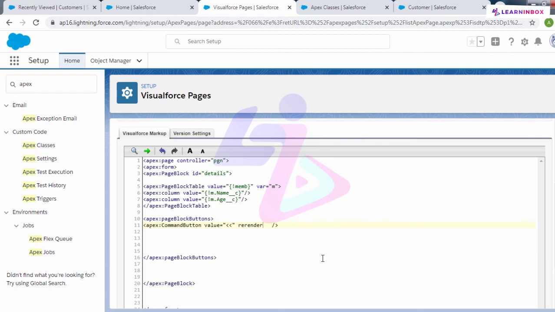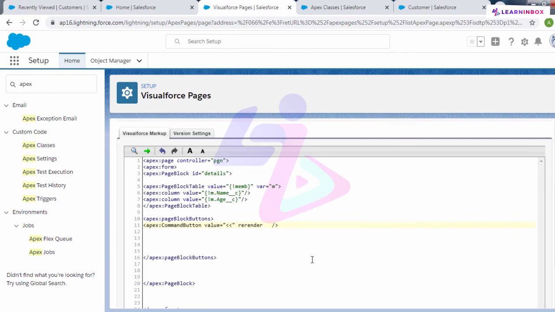What reRender is? See, in our Visualforce pages we have two kinds of attributes, render and reRender, you can say. Render is simply displaying a particular component on our Visualforce page. So for that you use render. Now what reRender is, if you want to refresh that particular page dynamically, then you usually use reRender.